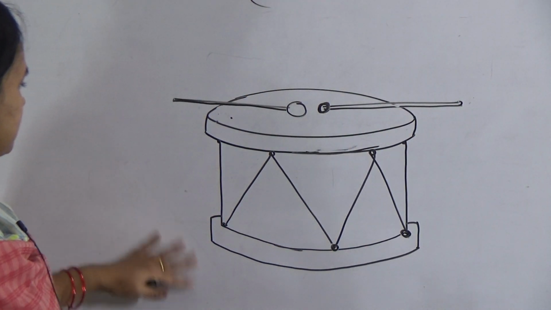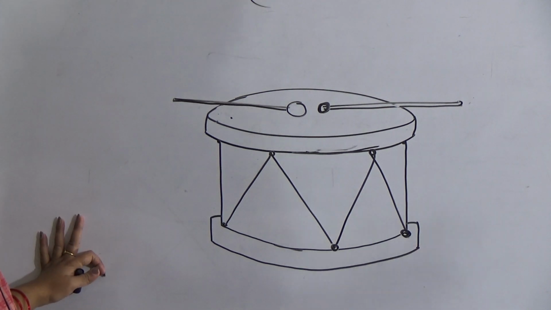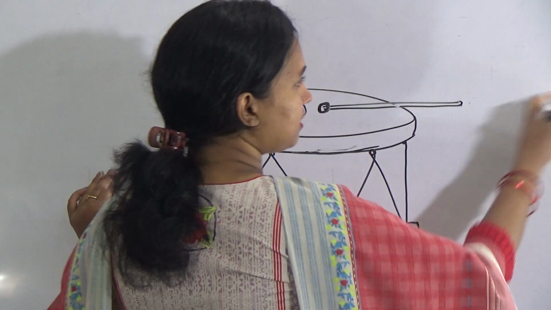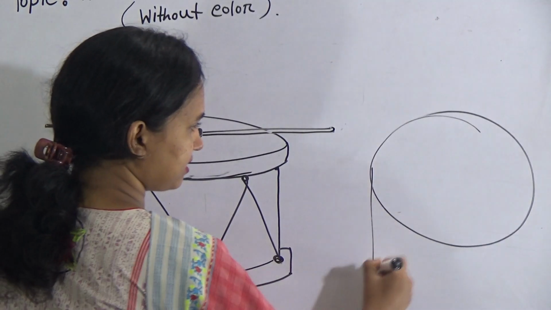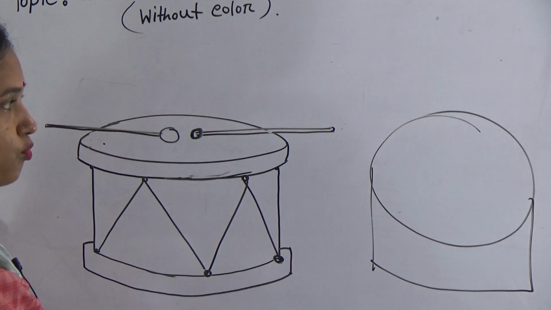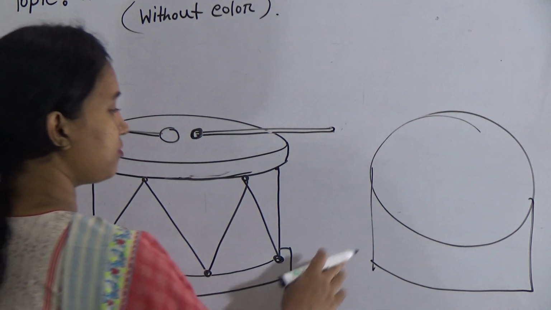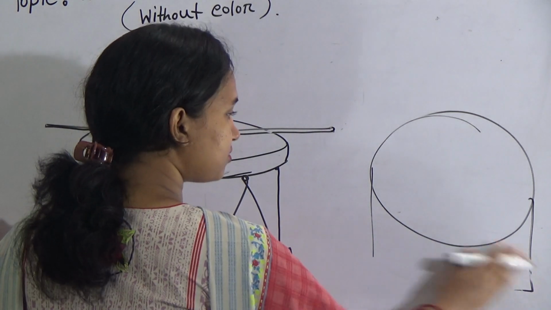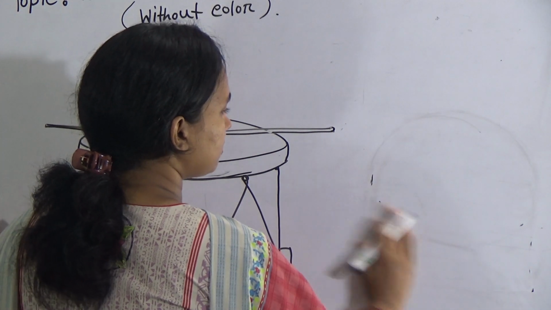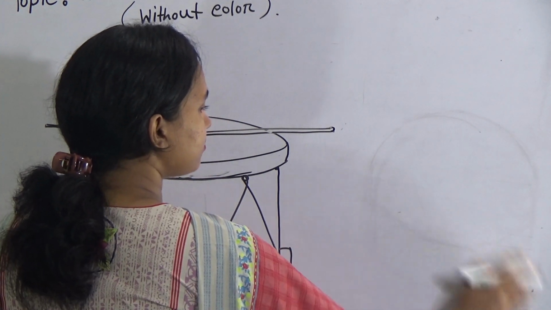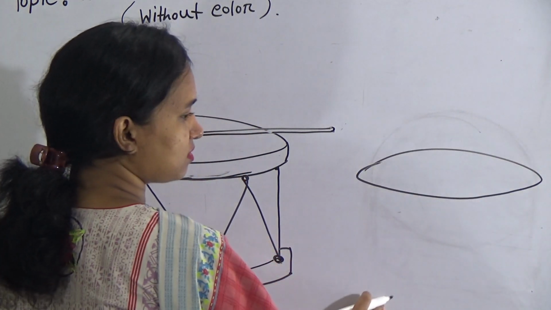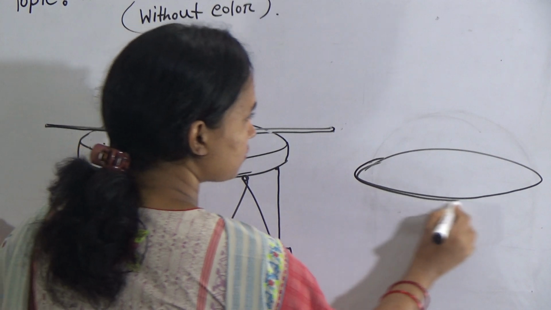I just show you which type of mistake you have made before. Just this, drawing like this. If anyone draws the drum like this, I won't take this drum and I won't give you the number, because this one is not the right way. I have already taught you which one is the right way. Again I will say, just try this type of oval. Okay, this type of oval you will try for the drum.